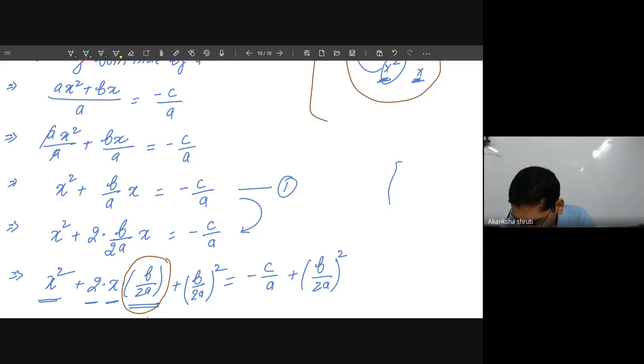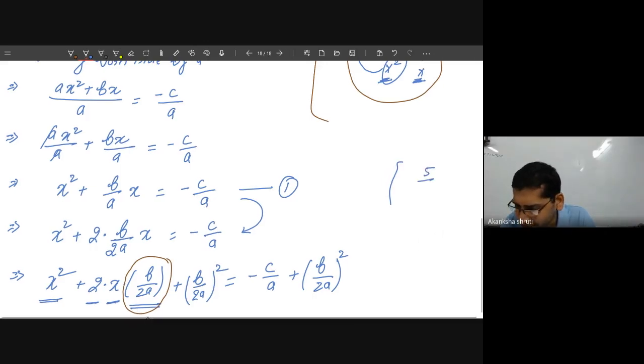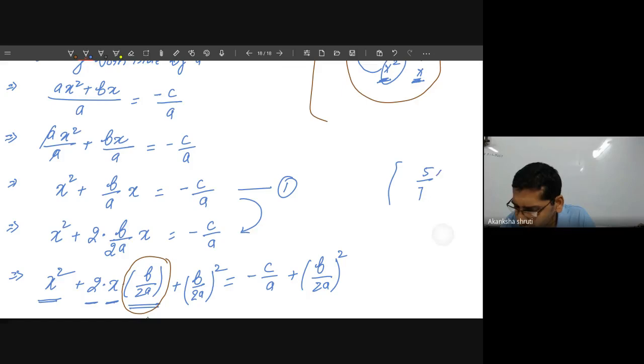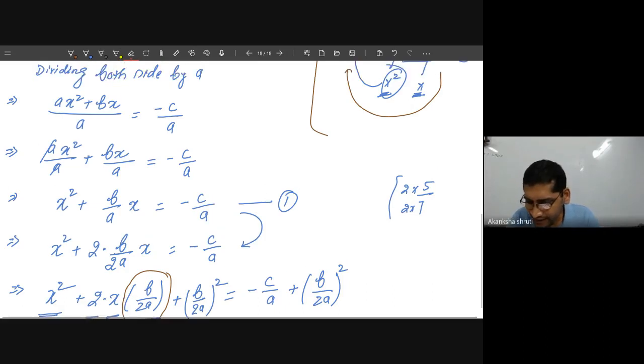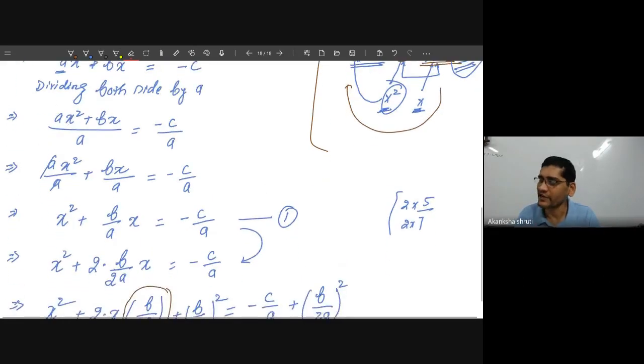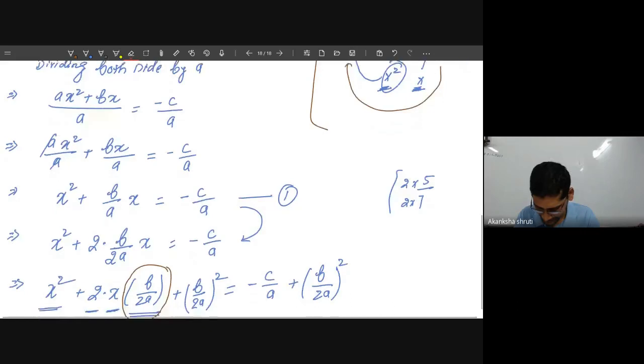देखिए मैं फिर बोलता हूं, देखिए किसी भी चीज से, if you have 5/7, तो यदि आप न्यूमरेटर को 2 से मल्टीप्लाई करेंगे तो आपको डिनोमिनेटर को भी 2 से मल्टीप्लाई करना पड़ता है ताकि ये रेशियो अनडिस्टर्ब रहे। ओके, तो पहला ये कॉन्सेप्ट हमने यहां इस 2 के लिए ऐड किया, 2 मल्टीप्लाई 2 डिवाइडेड। Why we have multiplied? मल्टीप्लाई इसलिए किया कि a प्लस b होल स्क्वायर में हमें कन्वर्ट करना है, this is our target.